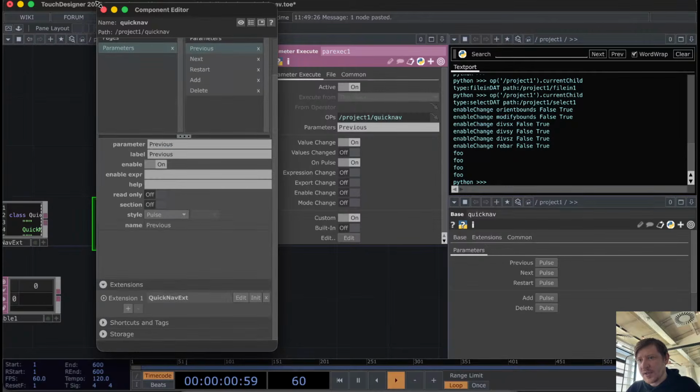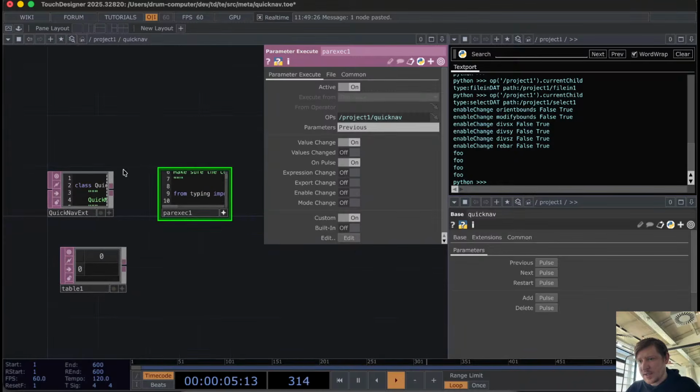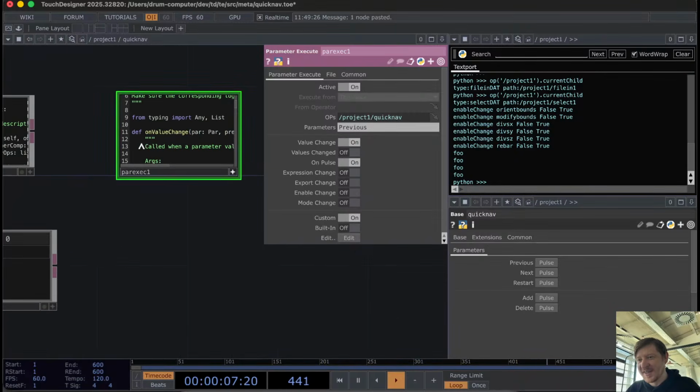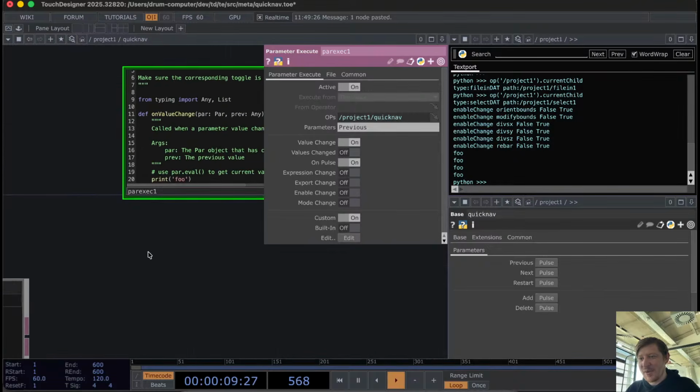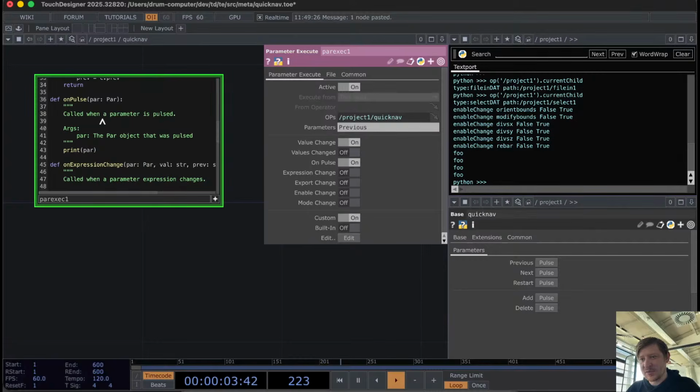Yeah, I should have named this stream "Watch a guy who hasn't touched this in a couple of years trying to remember how it was done before." But I'll get back to it. So print par, let me try on pulse of the previous, true, par is true. Okay, par, name,